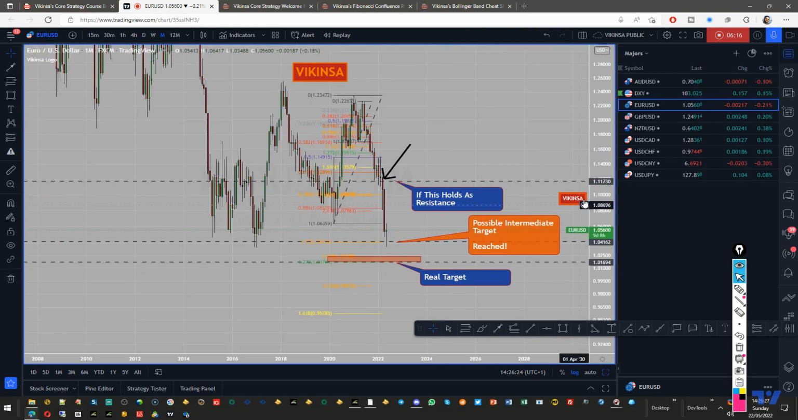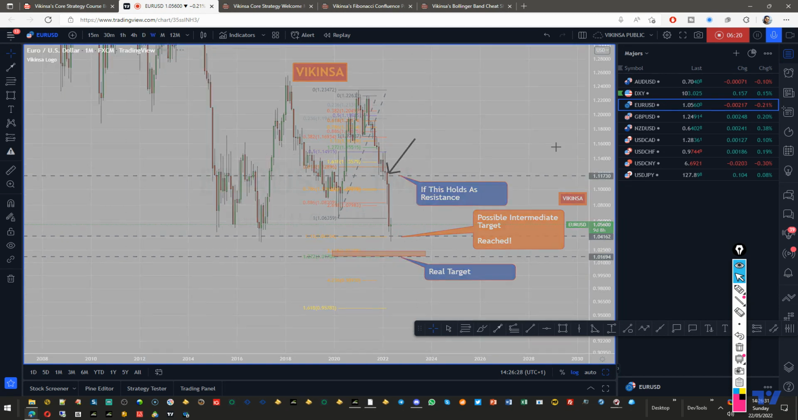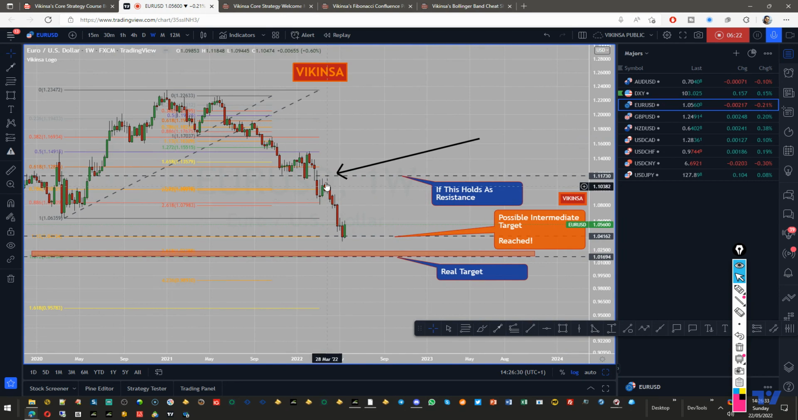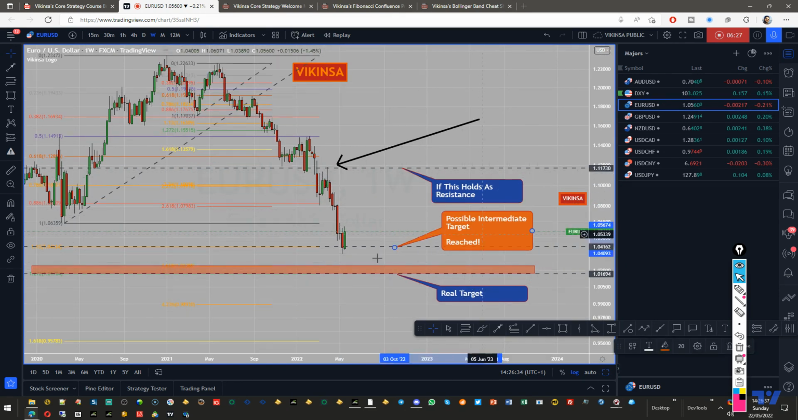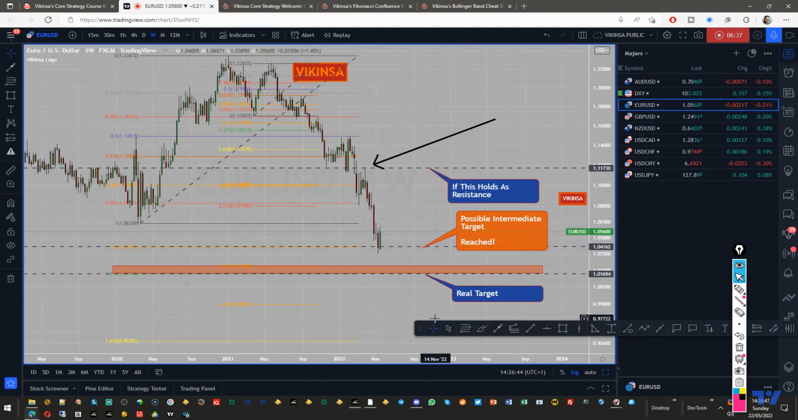So what I said was, if 1.1173 was going to hold as a resistance, if I go to the weekly, then I'll show you. If this was going to hold as a resistance on the weekly, then the possible intermediate target was going to be 1.04162. So this was good, about a 782 pips move, right? So from here to here. Ultimately, it can still reach this target of